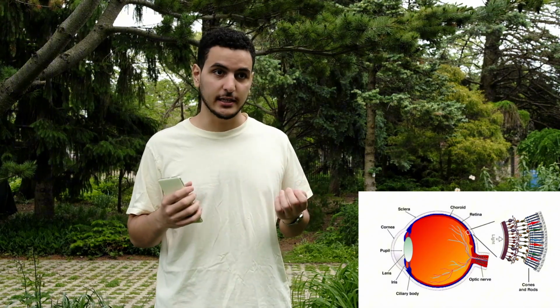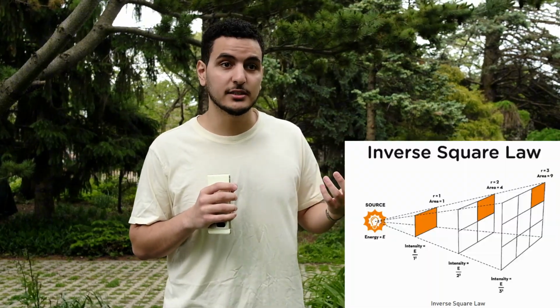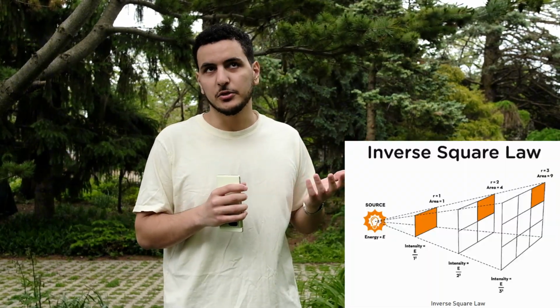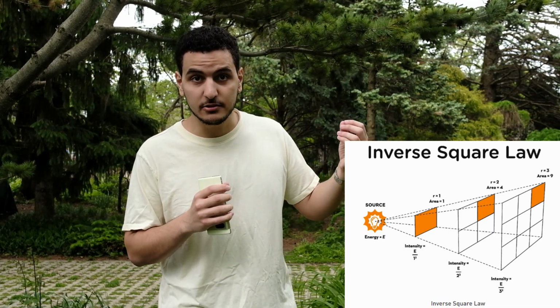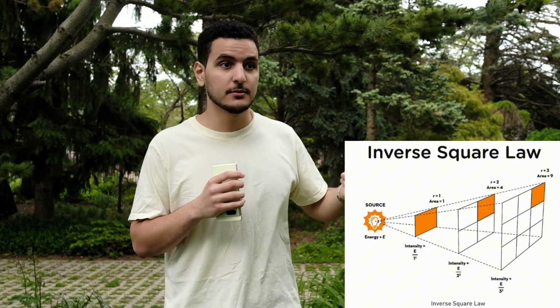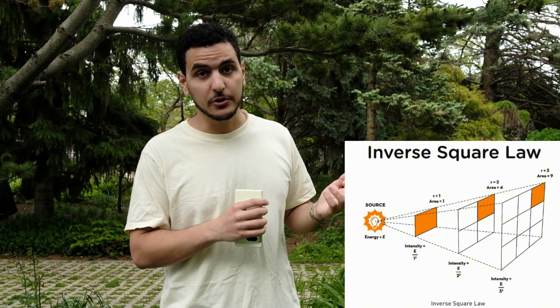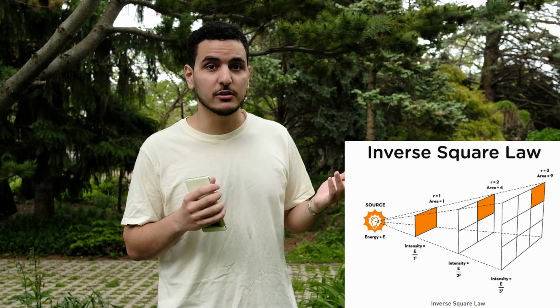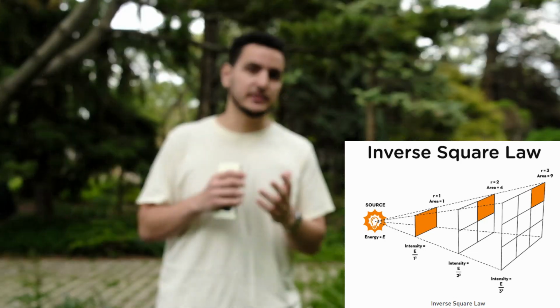Well, we have specialized cells in our eyes that collect light, that stimulate the brain, which translates to brightness. So this is what most people probably refer to as brightness. More photons hitting your light-sensitive cells in your eyes equals brighter images. And it just so happens that the distance to an object is inversely proportional to its brightness, which means if I hold a flashlight right up next to my face and then I proceed to double the distance to the flashlight, it's going to appear a quarter of the brightness. This is called the inverse square law, and the reasoning is pretty simple. It falls out of geometry.